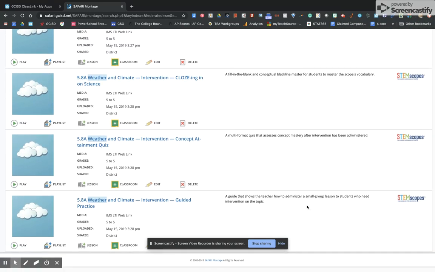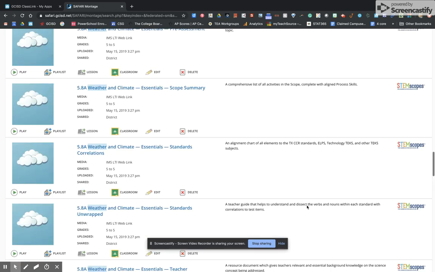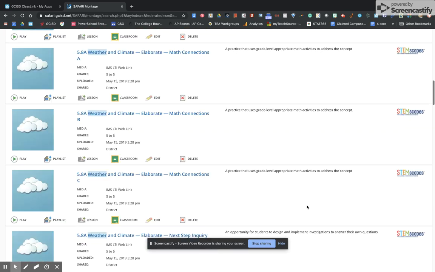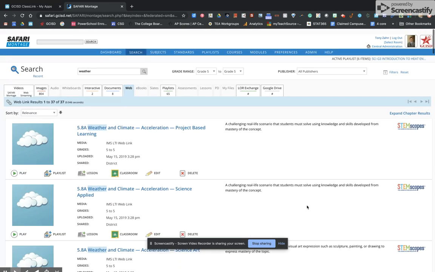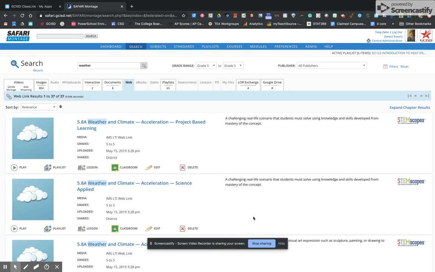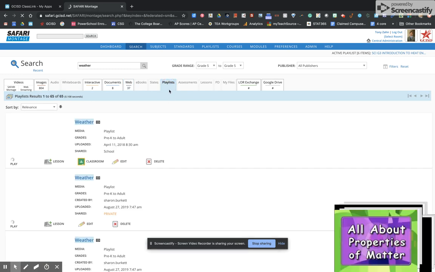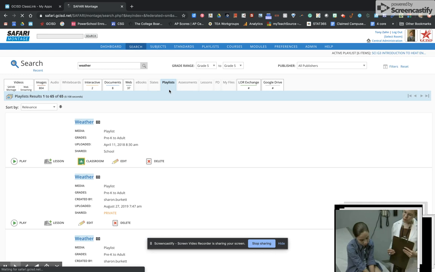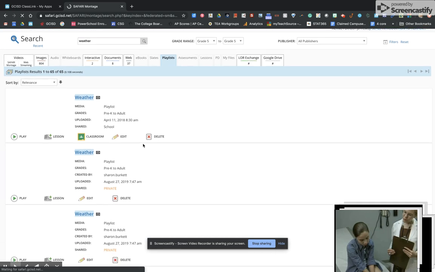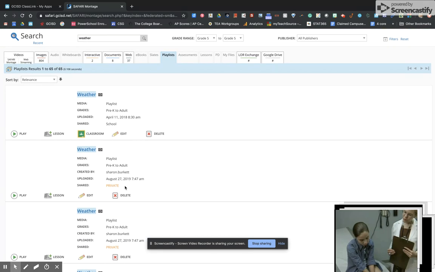We're working on that. Weather clearly works well. But searching here could save you some time because maybe you search one place instead of 20 places. Playlists. If I click on playlists, mine says 68 playlists. Because I'm an administrator, I have access to all the playlists for every school, even the private playlist. If you mark your playlist private,